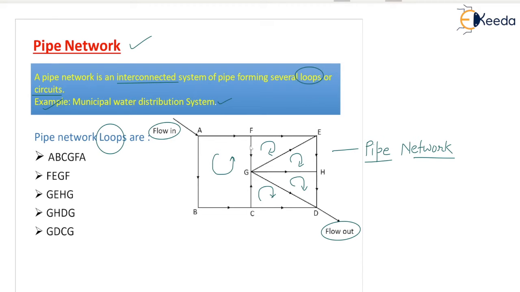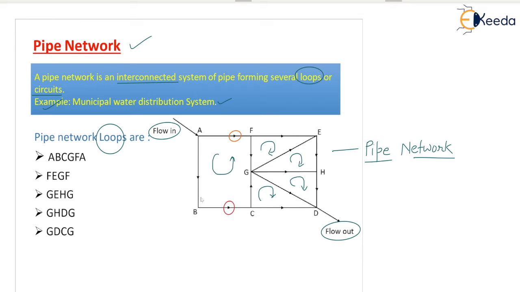And the most important thing is the direction of flow. You can see in the pipe network arrow marks are given in all the pipes. So AB is a pipe actually. AB we have to consider like a pipe, BC is another pipe, CG is another pipe. Like this, different pipes are connected in some arrangement, and this can be called a pipe network, but it has to follow some different conditions that we are going to see. Look at the direction arrow marks here. We are going to understand how we can put the direction, whether it is going left, right, or up, down.